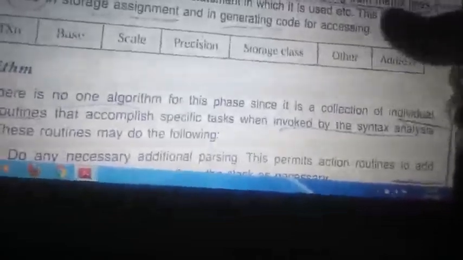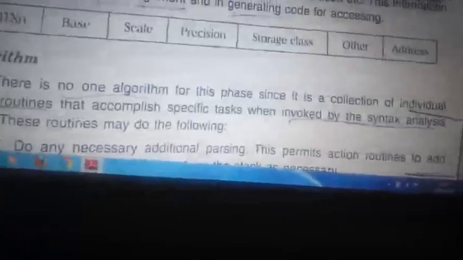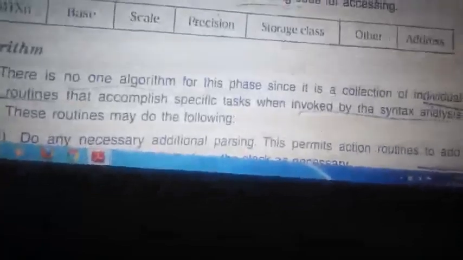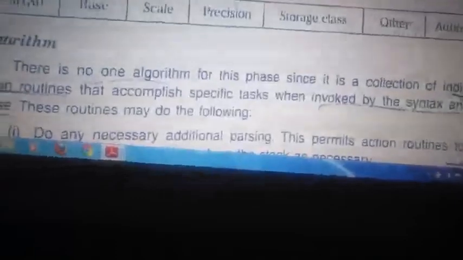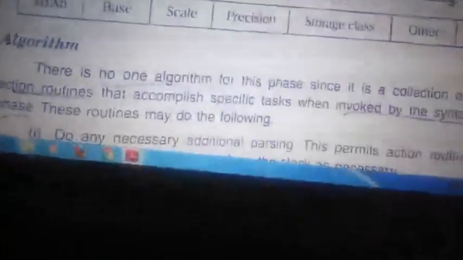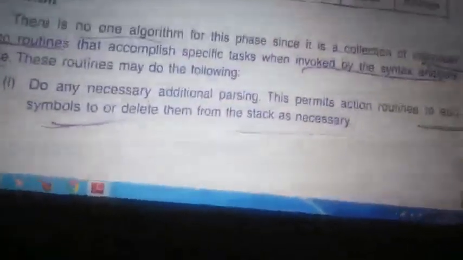If you have a very small expression, then in 2 lines we can complete. If you have a very large line, then there will be a number of lines in the matrix. Then for each line there should be different routines to be called. So there is an individual algorithm for each clear, specific task. Whenever the matches respond, an individual action routine is called to invoke the syntax analysis order, to invoke the action routines. Clear? So there is no one definite algorithm.